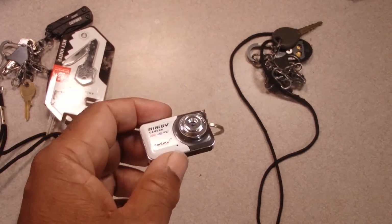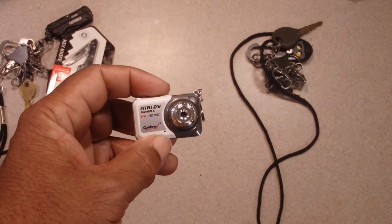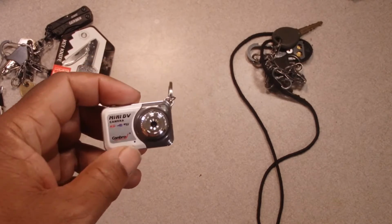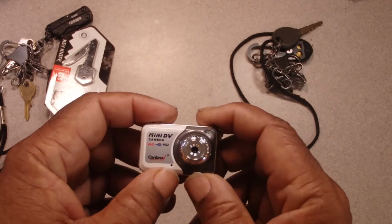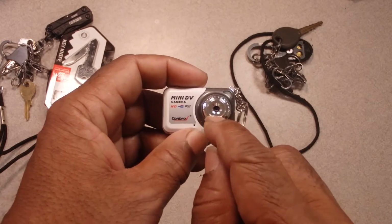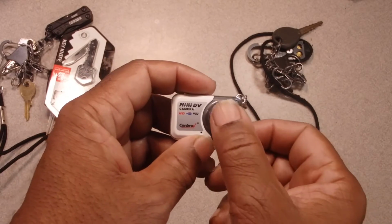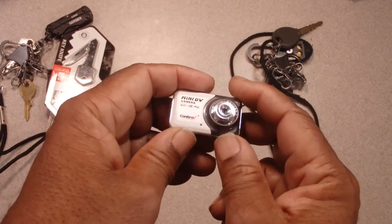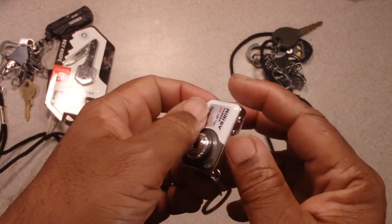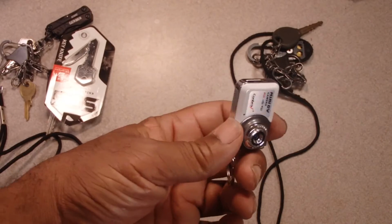Now the really interesting thing is a little mini DV camera. This thing is HD, does a pretty good job. In fact, if you see it right here, it's basically a pinhole camera. So you could hook it on a keychain, because to damage the lens, it's going to have to hit exactly in that spot. You could probably put a little piece of tape over there too to protect it if you wanted to. Very, very light, and we'll see if it takes the pounding of being in a pocket, because keychains